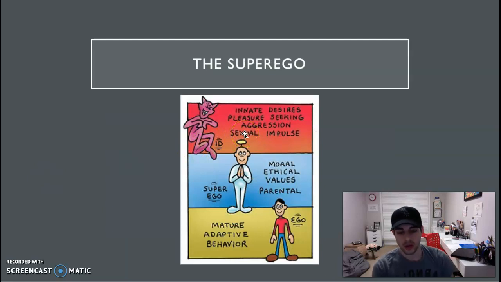So the final of the three components of the levels of personality is the superego. It is also powerful, just like the id. It is mostly unconscious, but slightly conscious, as seen before in the iceberg representation. We acquire this in childhood, our ideas of right and wrong. It is basically our morality internalized and developed from our parental and societal values and standards. Freud believed it is learned by the age of 5 to 6.